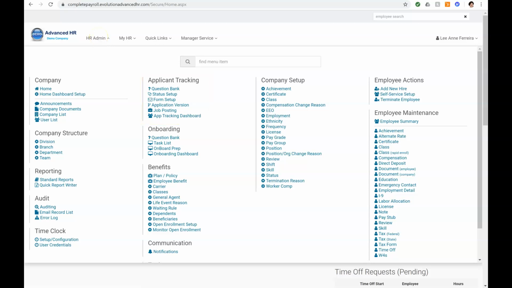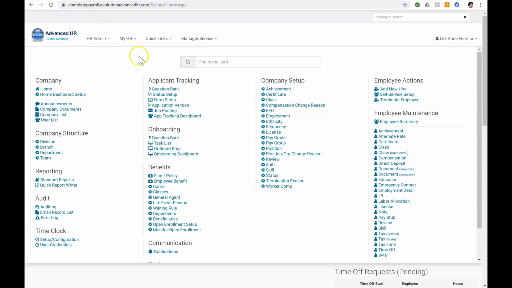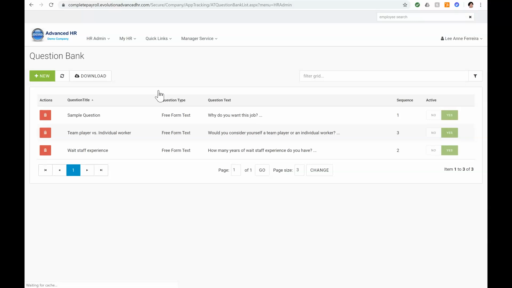To begin, we're going to click on HR Admin, where we will find the Applicant Tracking module menu. The first step is our question bank. Clicking on this will bring us to the question bank dashboard. Here we'll see we can create new questions by clicking on the green New Plus button. We also have our refresh and download capabilities here, as well as we see on many of our dashboard grids